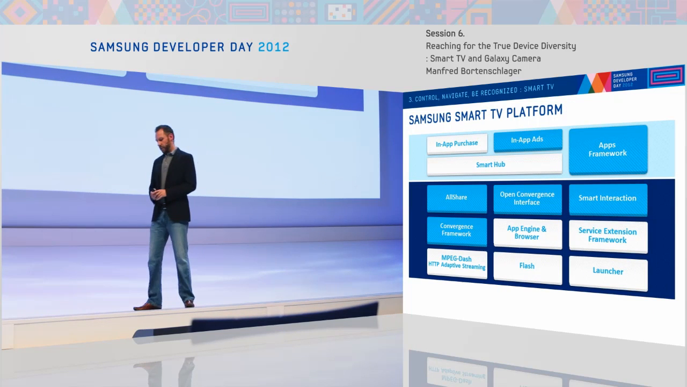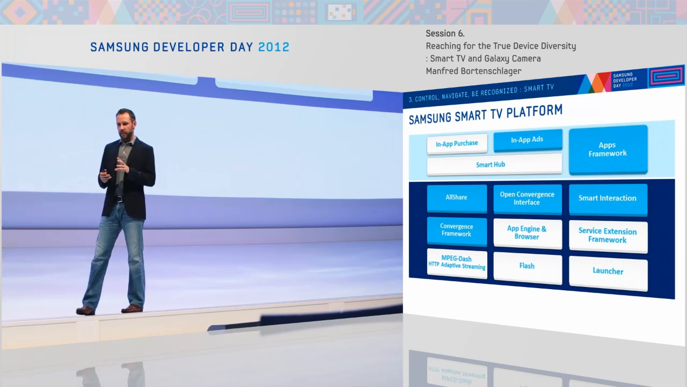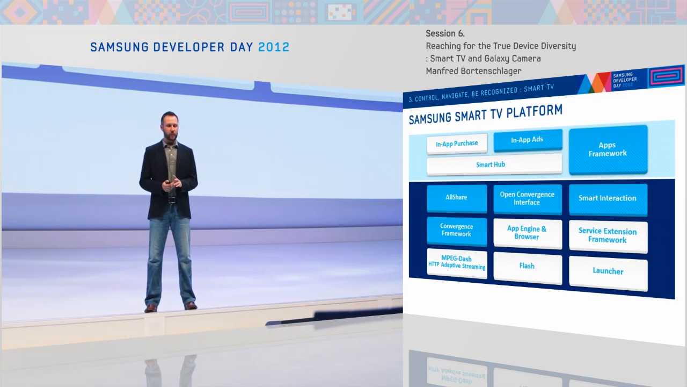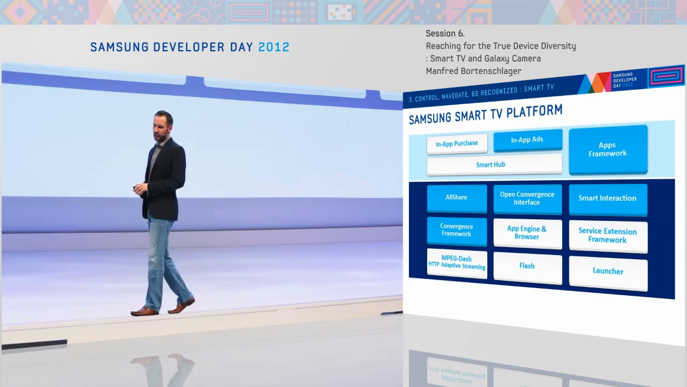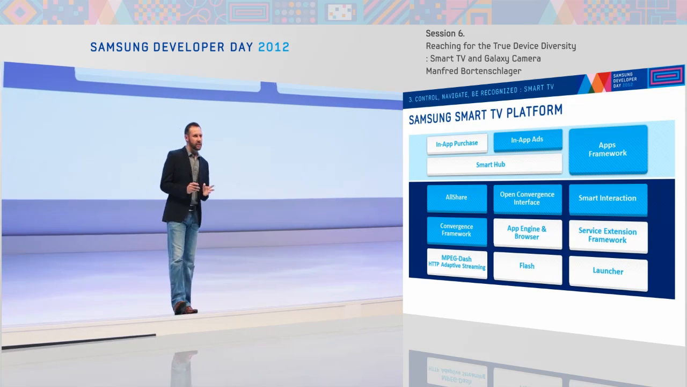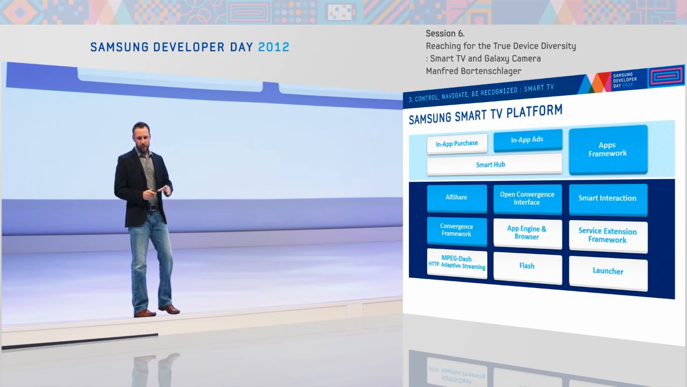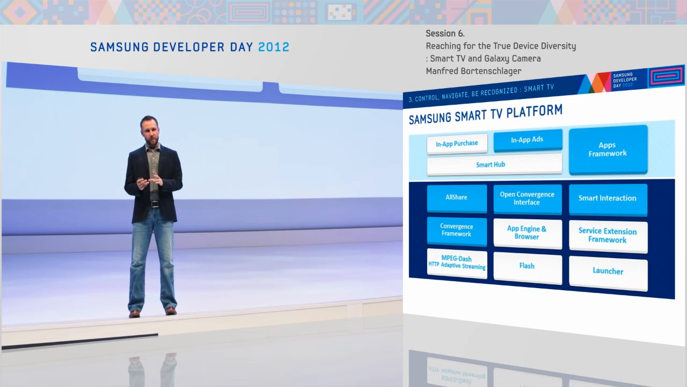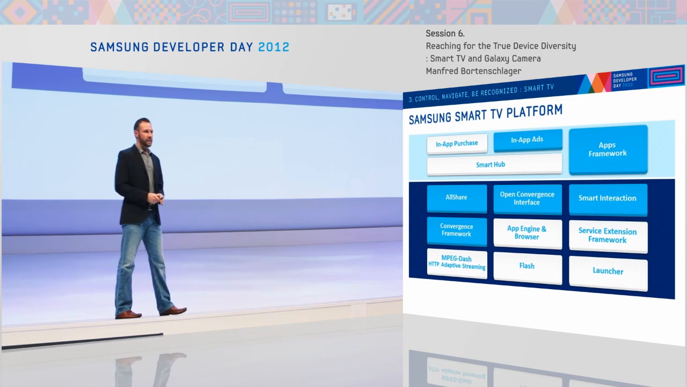Now, what is interesting is more the technical architecture of the Samsung TV platform. What you can see here in this figure is that this technical architecture is basically grouped into two parts. The top part is more the user interface part, and the bottom part, highlighted in dark blue, are the native